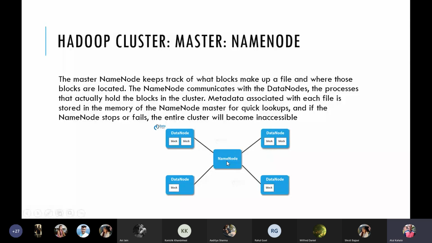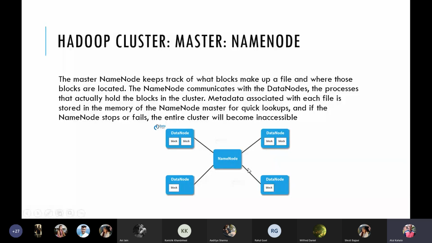It will keep pointers for every file, saying that for a file called customers, there is one block here and one block here. And let's say it also says that for a file called orders, there is one block here and two blocks here.